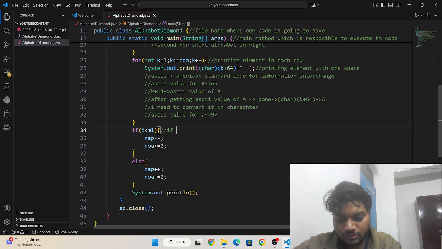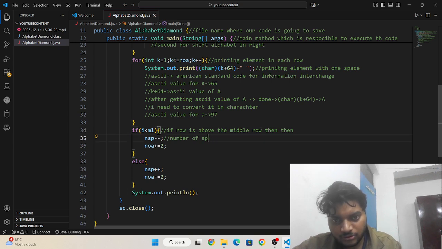And if the row is above the middle row, then the number of spaces will be decreasing from top to middle line.